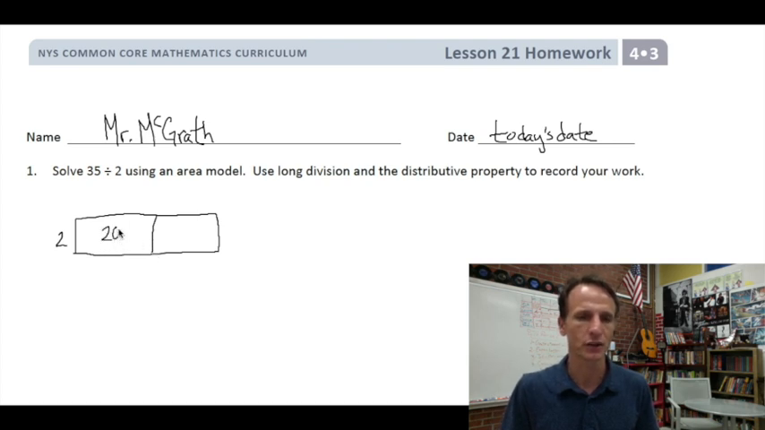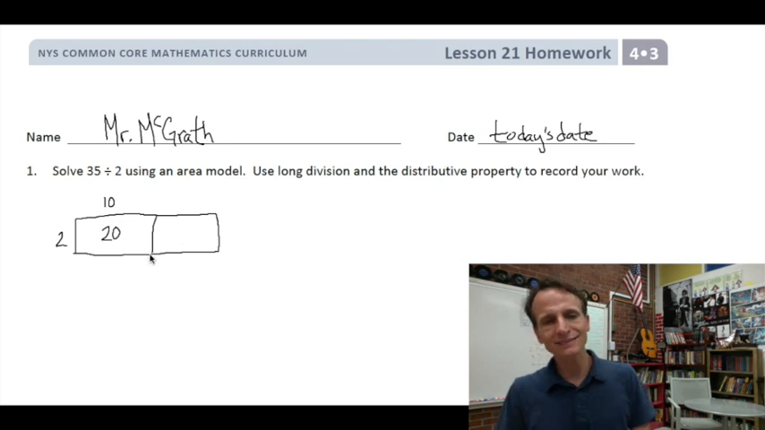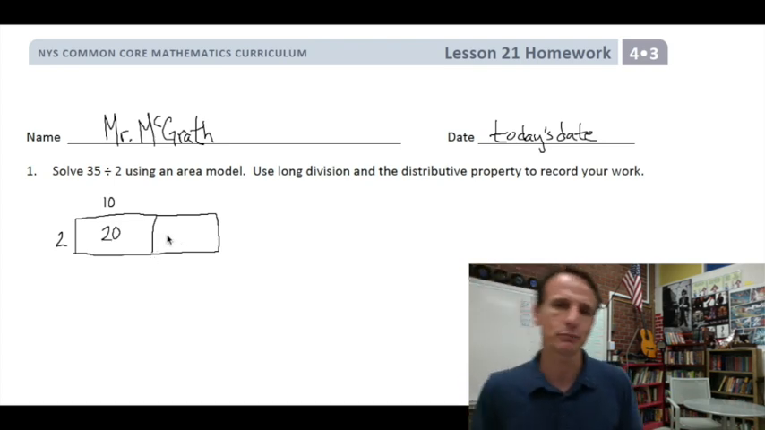So we say, okay, well look, I can do 20, and I know, I just said it, so I'm not going to pretend I don't know, that is 10, right? That 10 times 2 is 20. And then that leaves 15. But there's